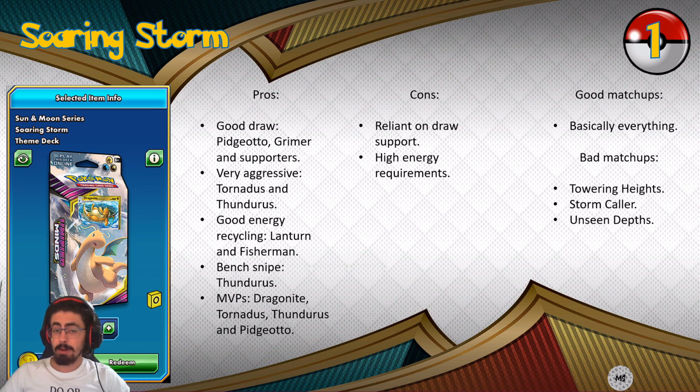In terms of the good things about this deck, it's got absolutely awesome draw in terms of Pidgeotto, its Grimer, and its supporters. This deck plays well. You're able to get your answers out relatively easily. This deck can play very aggressively with Tornadus and Thundurus. If you're able to get the 2 Genies out very early, it's very difficult to shut this deck down. And if you're able to get those 2 out early with Dragonite to get those energy accelerations off that much earlier,